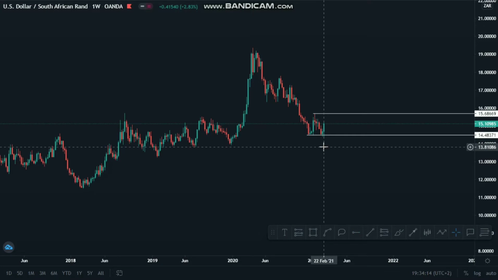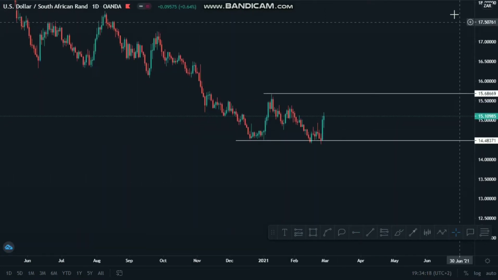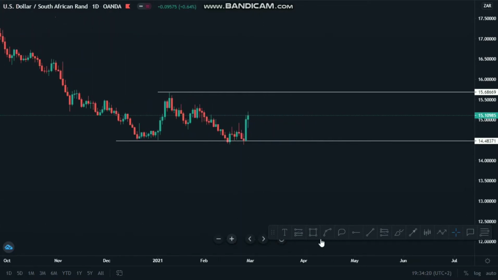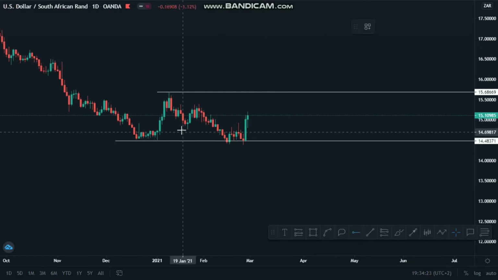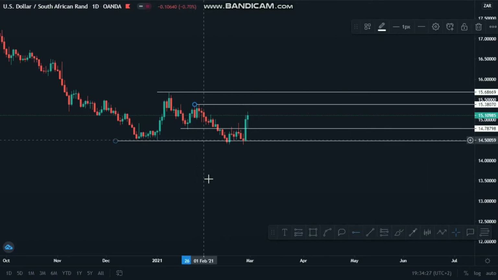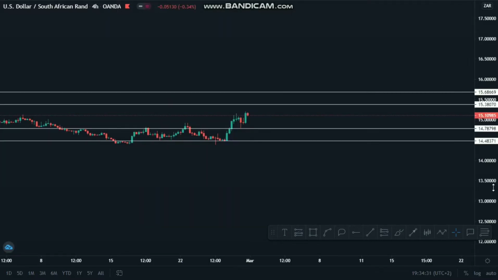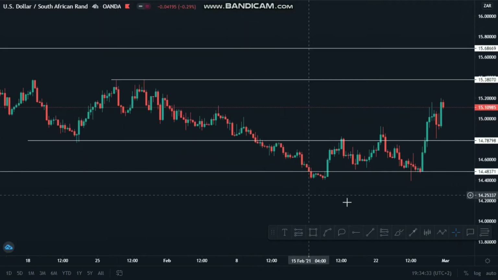Then we're going to dive into the daily time frame to identify our sub support and our sub resistance. This is our sub support and this is our sub resistance. Then we dive into the 4-hour time frame to identify a structure. Okay, so on 4-hour,